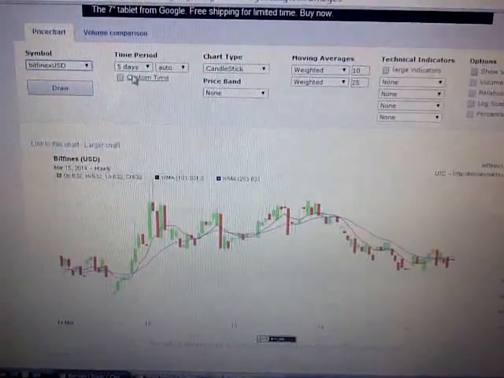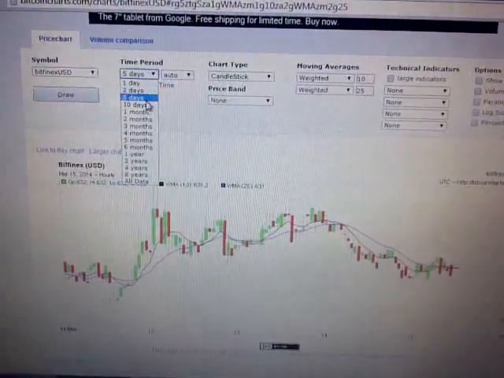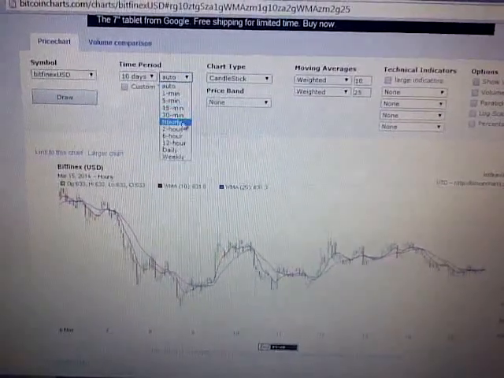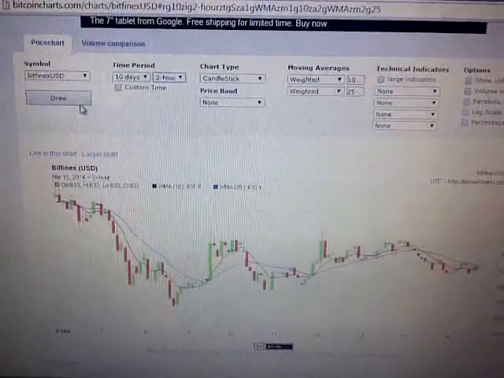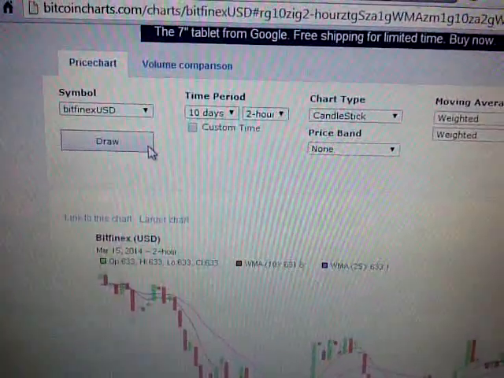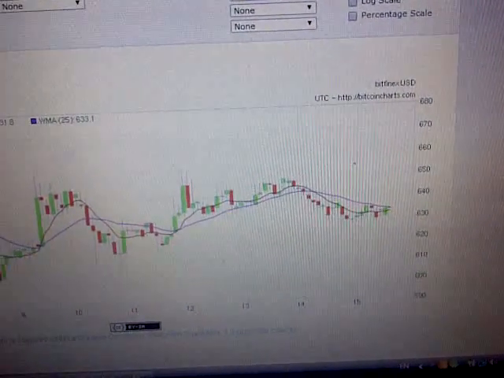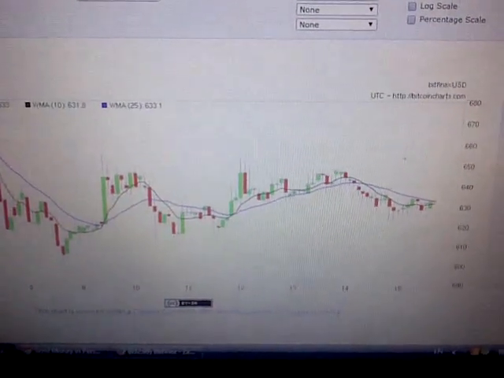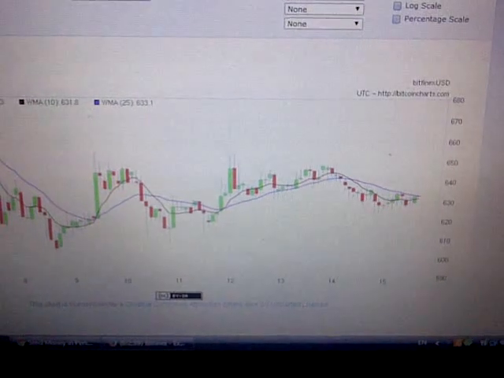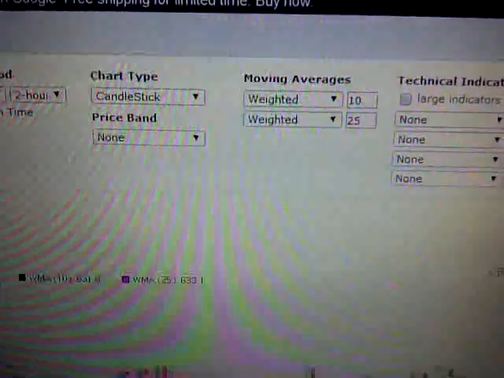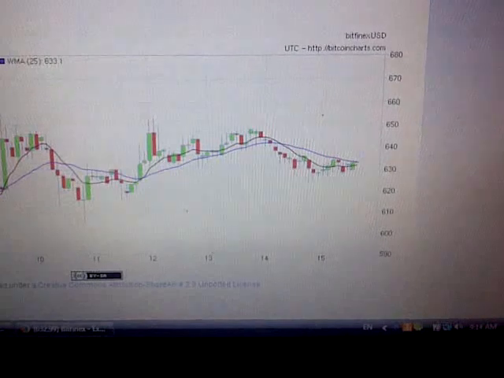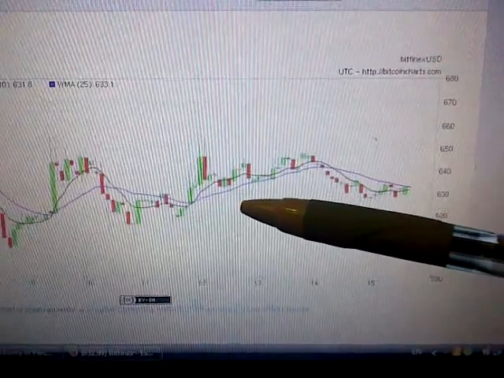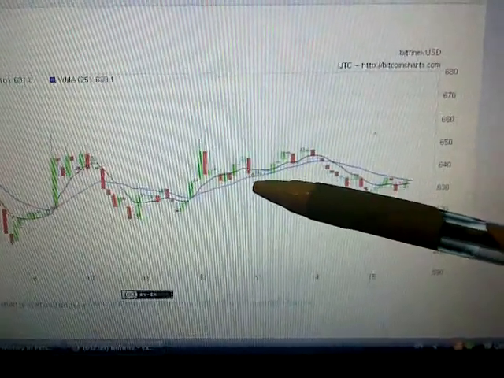I've been using, let me see here, the 10-day weighted average, right? 10-day, and I put it on 2-hour. And this is Bitfinex. What I look for is, sometimes when my lines aren't making any sense, I'll go to the weighted average, 10 and 25. And what I'll notice is that a lot of the price action is bouncing off of these two lines,